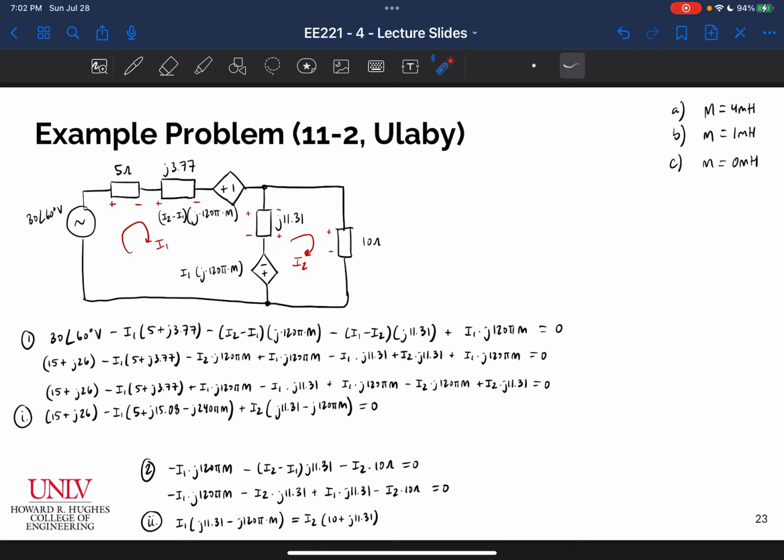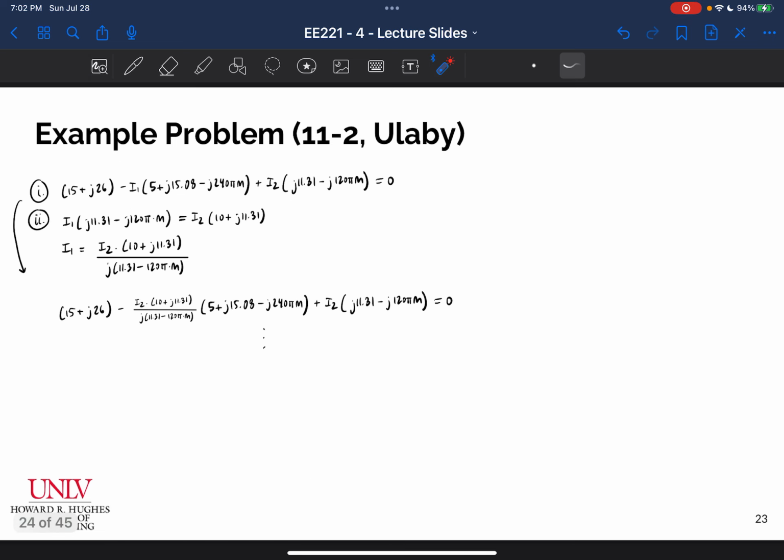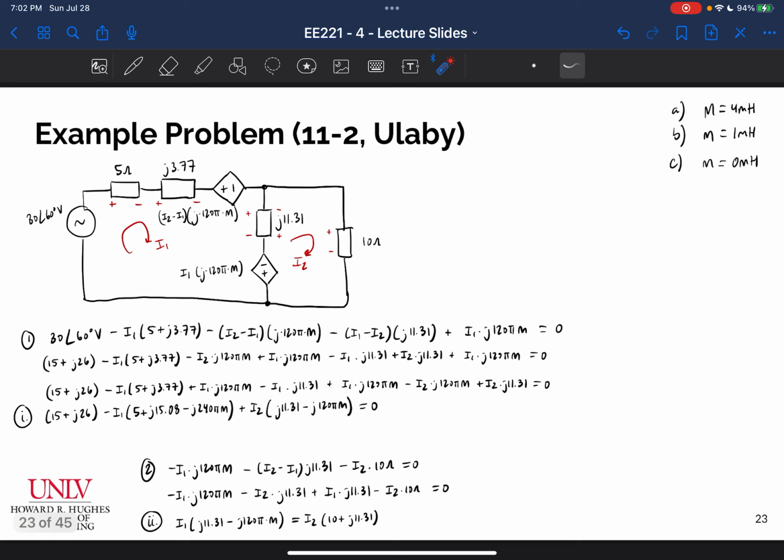I don't expect you to do that, and I also am not going to expect you to solve problems that are this algebraically intensive. So I am going to stop because I decided it was not a good use of our time for me to just do a bunch of algebra. I came over here, I solved for I1 in terms of I2 and M. I plugged that back into expression 1, and I decided just not to finish this problem